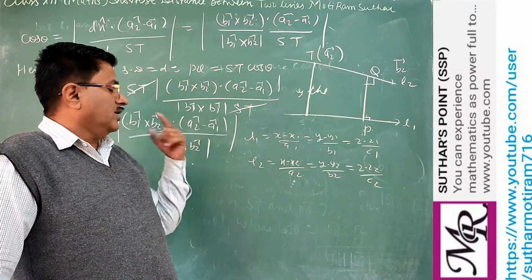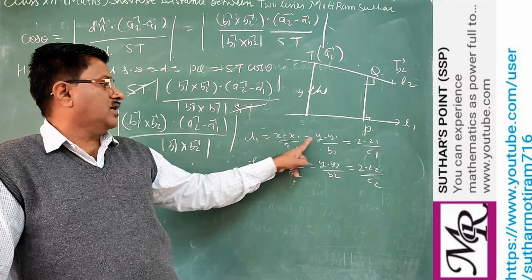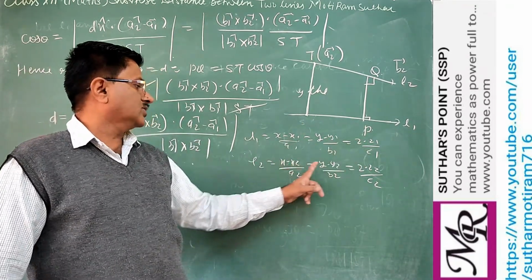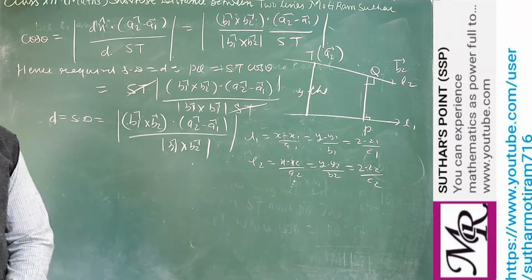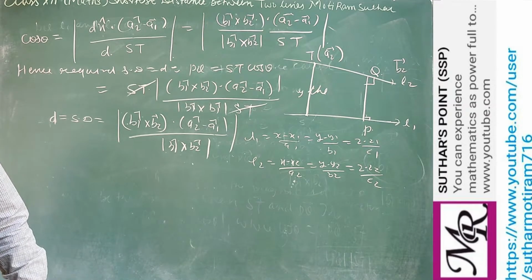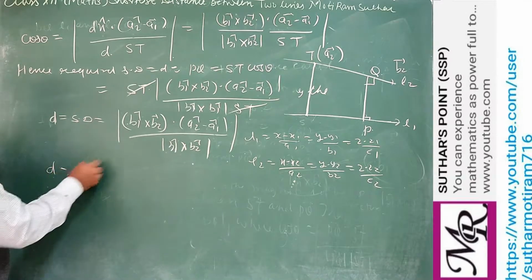And if you want to find the position vector of the point A, then the coordinates of A are given as x1, y1, z1, and of B as x2, y2, z2. So you can also use this formula for Cartesian. Otherwise, we have one more formula that you can derive from this one.